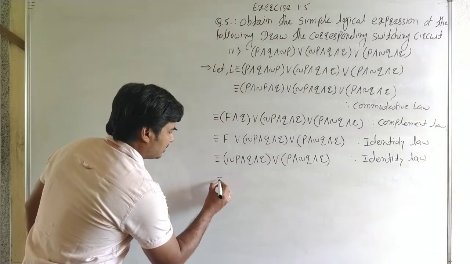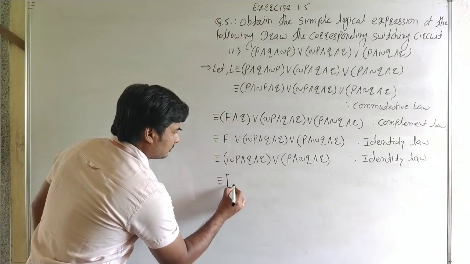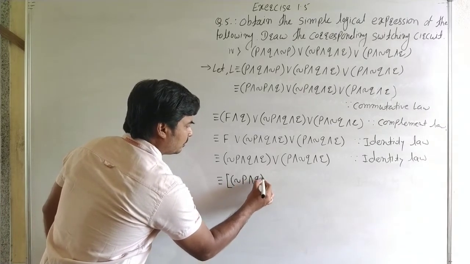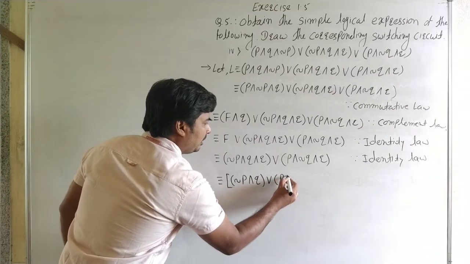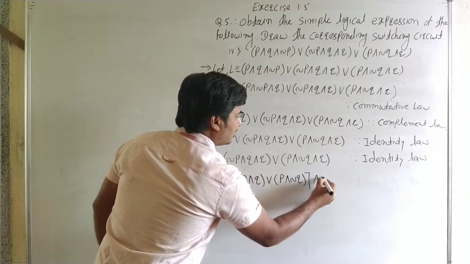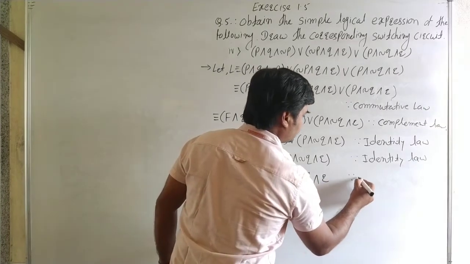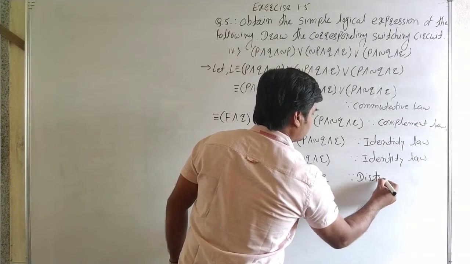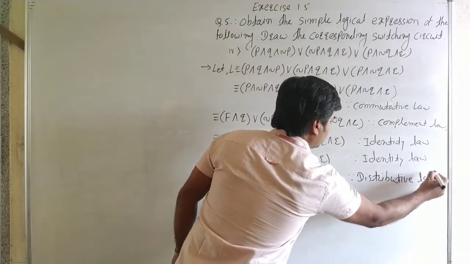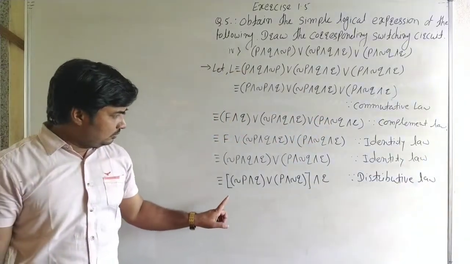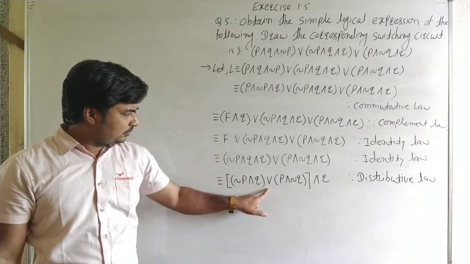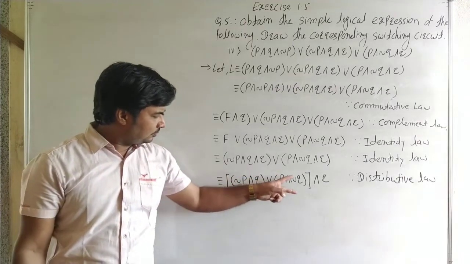So here it is negation P and Q, or P and negation Q, and R. Here it is a distributive law. Now in this bracket here negation P and Q, and here P and negation Q. Now there is